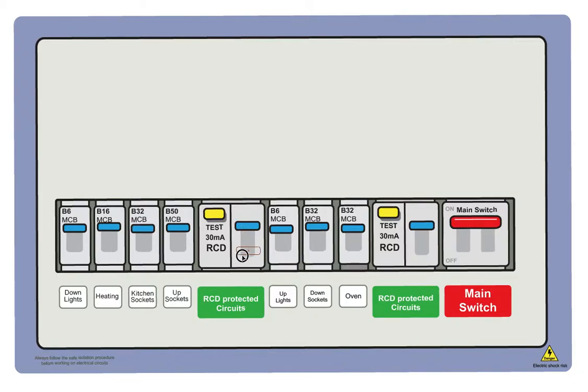This RCD is tripped. So what do you do? You try and push it up and reset it, but no, it won't have it. It keeps on tripping. It's not staying up. So we need to try and get some power back on before we have to call an electrician. There's certain things you can do before you have to call an electrician, and I'd suggest you start off by